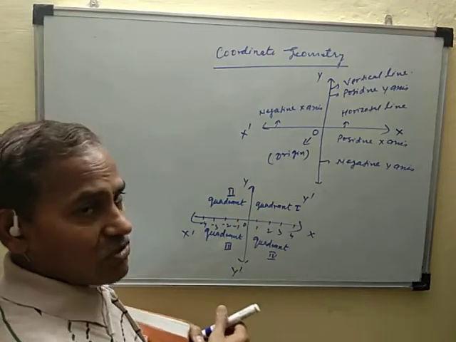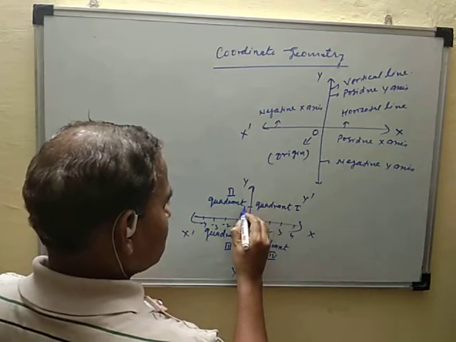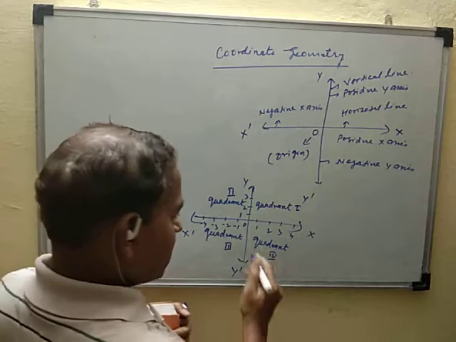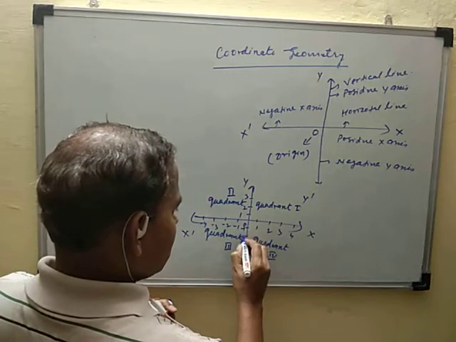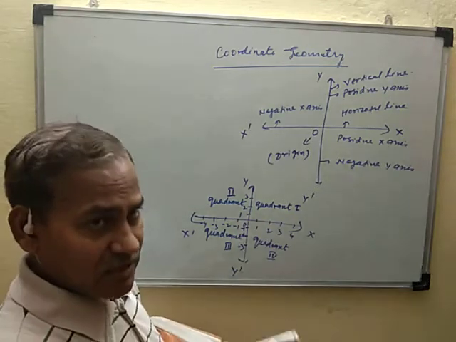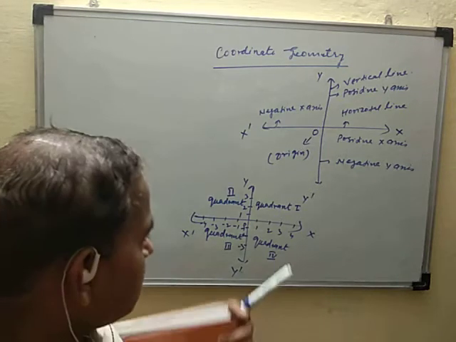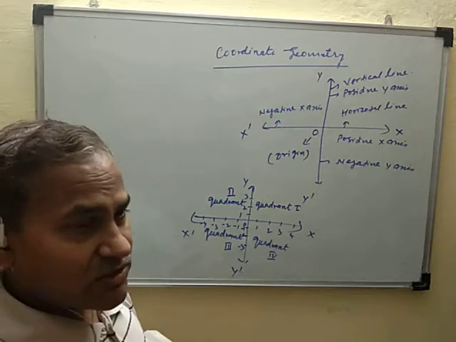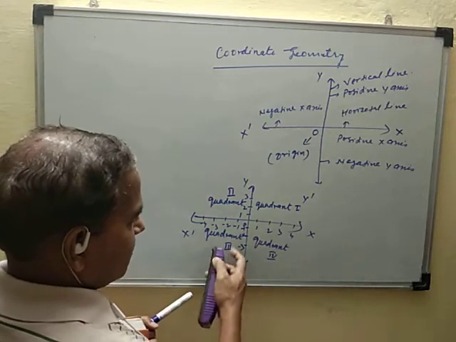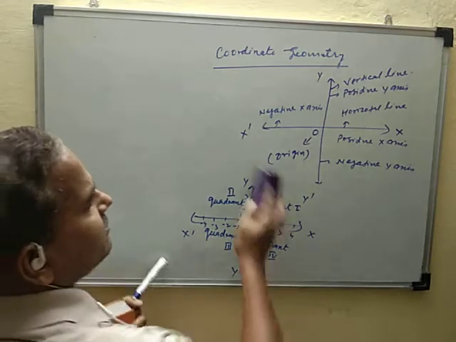Upper side of the origin along the vertical line is the positive axis: 1, 2, 3. The lower side is negative: -1, -2, -3. So each part is called a quadrant: first quadrant, second quadrant, third quadrant, and the value is negative. ये वैल्यू नेगेटिव दिख रहा है, -1, -2, -3. ओके,